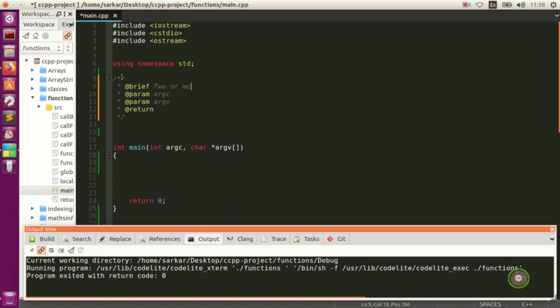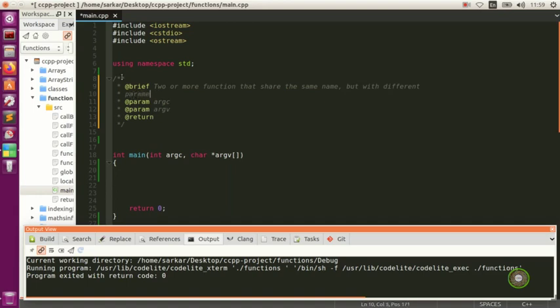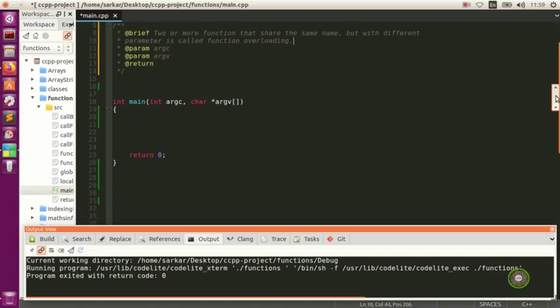Two or more functions that share the same name but different parameters is called function overloading. So this is one way for C++ to achieve polymorphism,